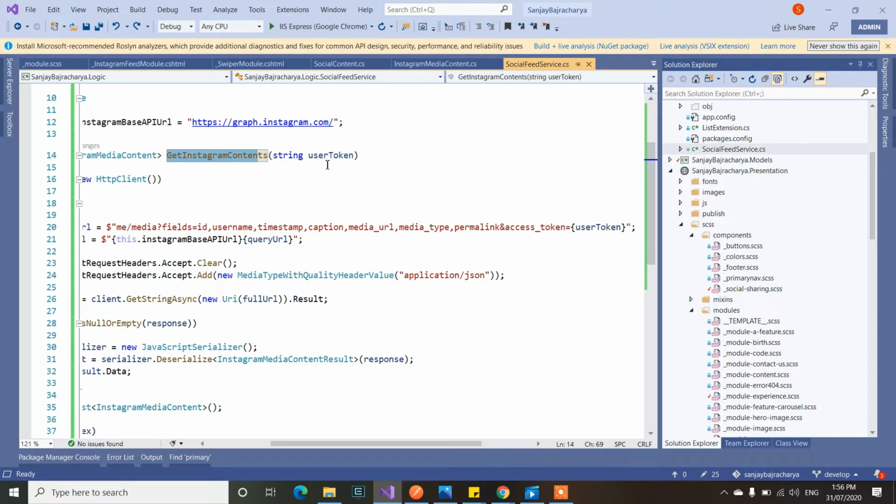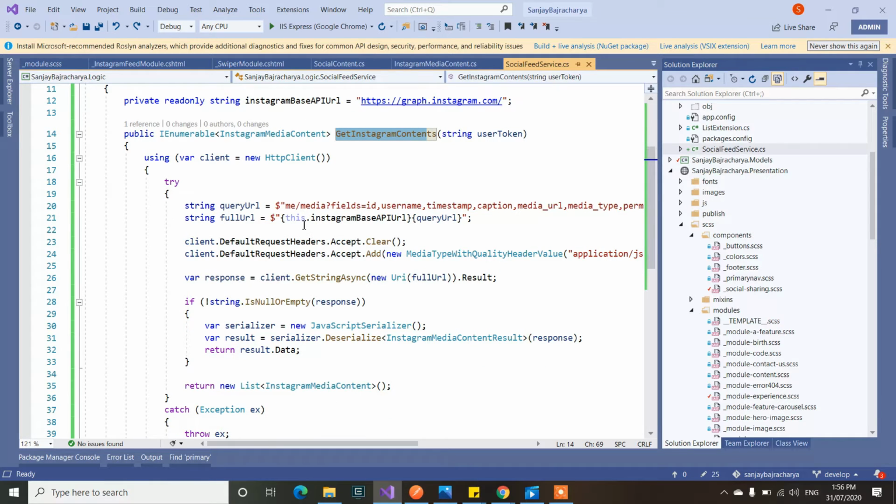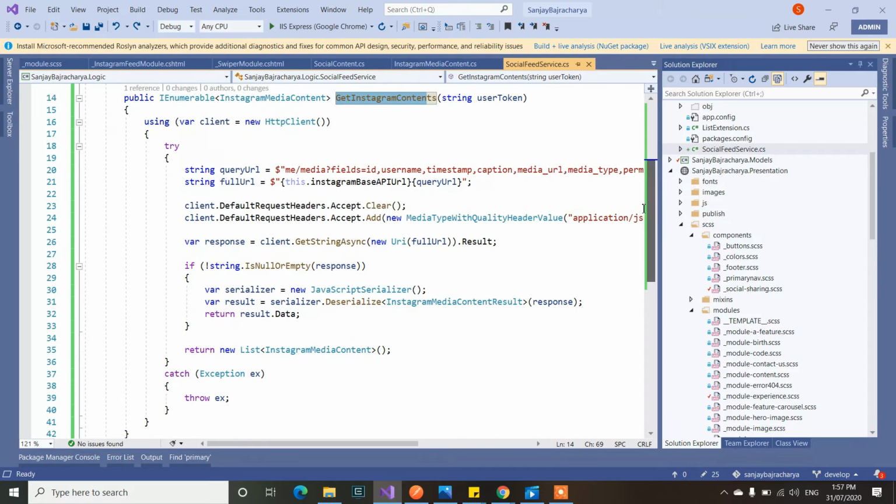And that access token we are getting from here, and the rest is to build the full URL